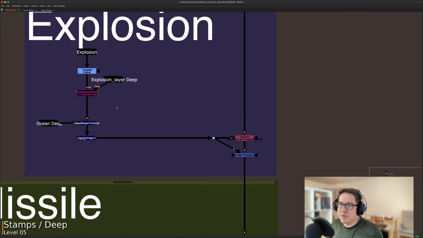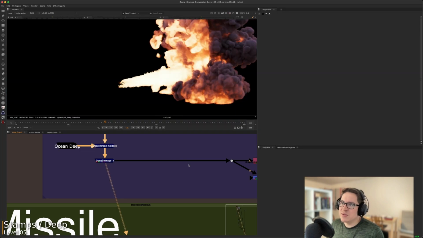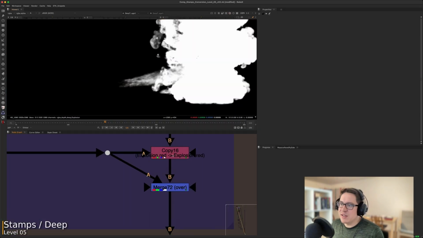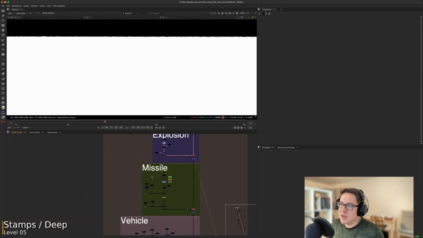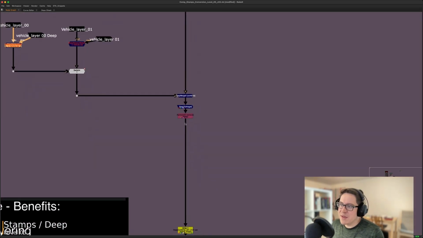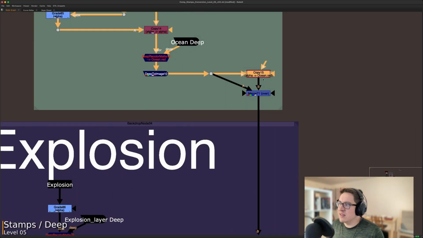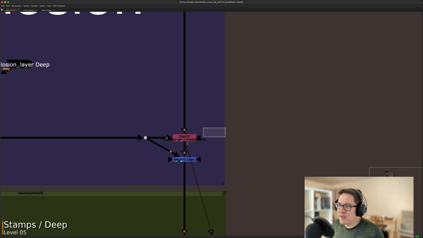Basically, let's take this example here. The explosion was being held out by the ocean, so I have a deep holdout. Then I went straight to deep to image, and that alpha channel I just shuffled into explosion. So I'm doing the same thing I was doing in this setup with the shuffles and pulling everything out at the end, except I'm defining each layer here. So I have ocean, explosion,